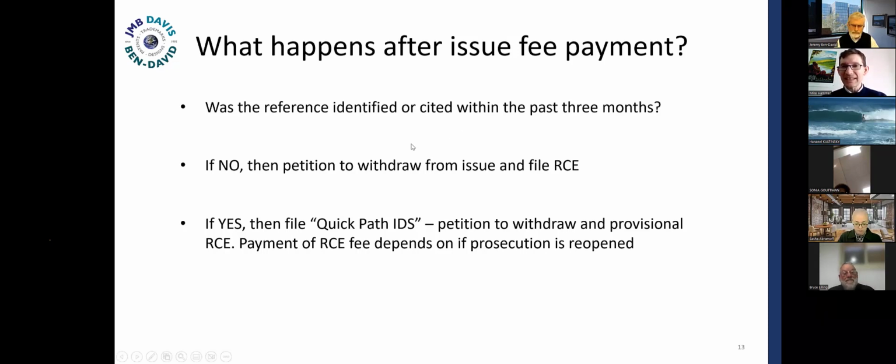The last thing, I'm not sure if it's on the next slide, but what happens if your patent's issued? And that's really the worst case scenario. Look, if your patent's issued and you find a document or a document is identified and it really becomes an issue, you think that it's really a challenge to claims which have issued, the recommendation there is you file a request for ex parte reexamination on the part of the applicant. And you get that document in front of the examiner and discuss it, and hopefully you can get the patent reissued. Next slide, please.